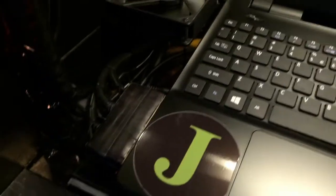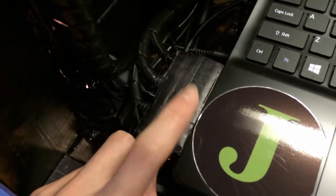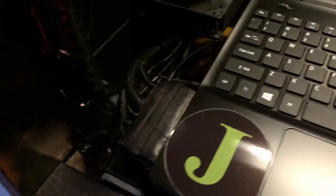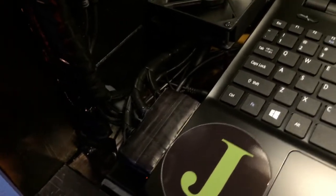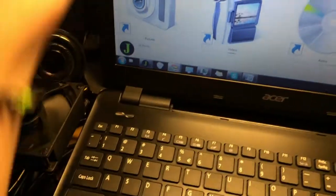The USB data system has gotten a lot simpler since I switched over to a NAS from my main storage. The main USB cable, which is USB 3, runs from this big block here back into a hub behind the laptop, actually mini hubs. Even though there's only one USB 3 device plugged into the USB 3 hub, it prevents all the other USB 2 devices from having to fight over the bandwidth of a USB 2 connection, which is nice. And if I remove this cover here,